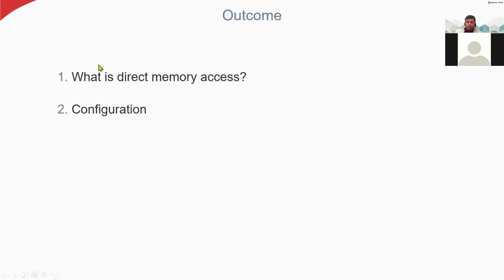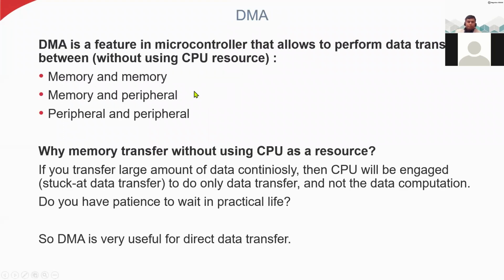Let's see here. First, what is direct memory access? DMA, or direct memory access, from the name itself you can understand that we are directly accessing the memory. So DMA is a feature in a microcontroller that allows you to perform data transfer between memory and memory, memory and peripheral. Peripheral means it can be a timer or ADC or any other peripheral, or peripheral and peripheral. So it helps to transfer the data between these blocks